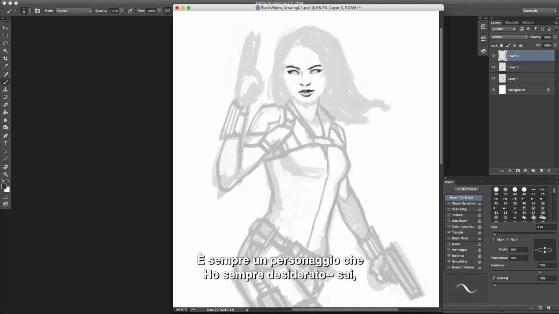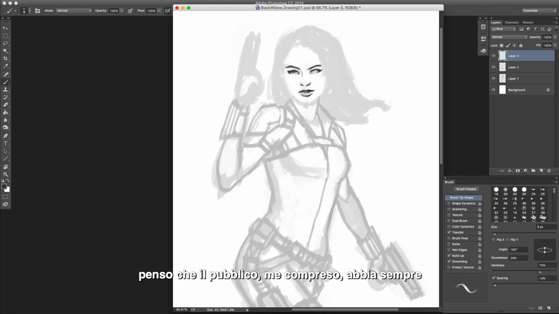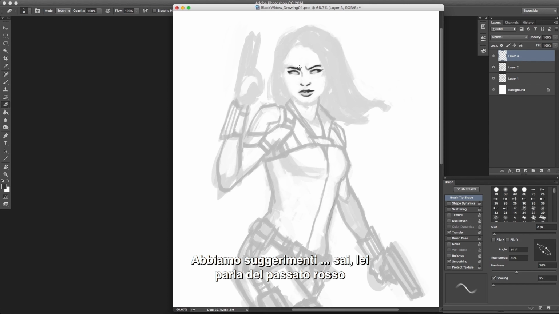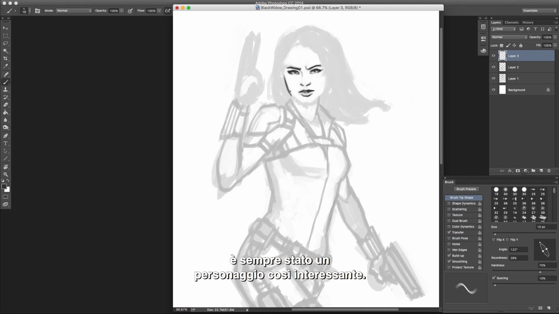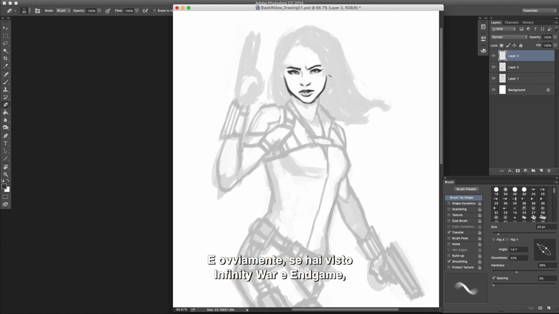It's always a character that I think the audience and myself included always wanted to know more about. We get hints of her past. We get hints. She talks about the Red Ledger, and there's so many things, and the way that Scarlett Johansson portrays her, it's always been such an interesting character. And of course, if you've seen Infinity War and Endgame, you see kind of the culmination of her journey and such a heroic